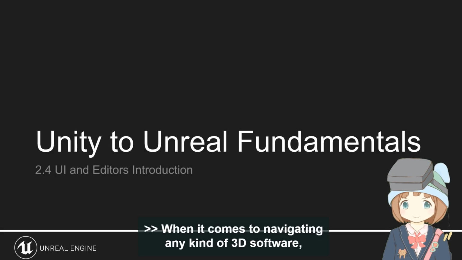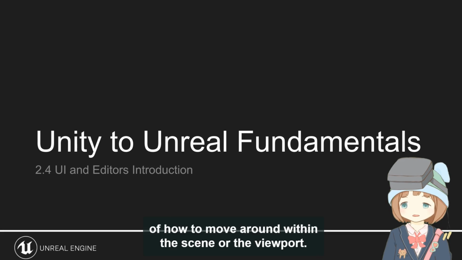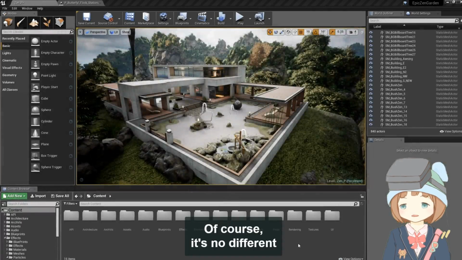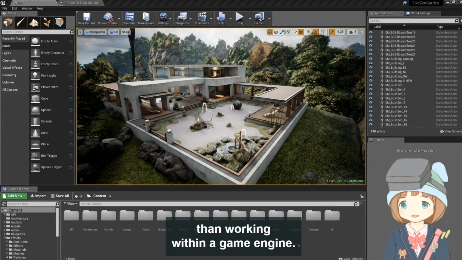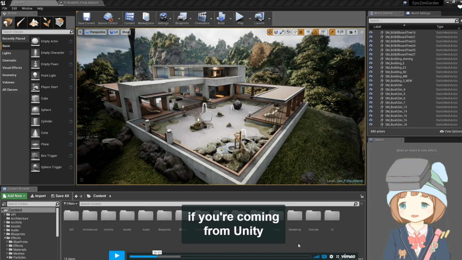When it comes to navigating any kind of 3D software, it's always important to know the basics of how to move around within the scene or the viewport. And of course, that's no different when working within a game engine. The interesting and exciting thing here, the great thing about this, is if you're coming from the Unity